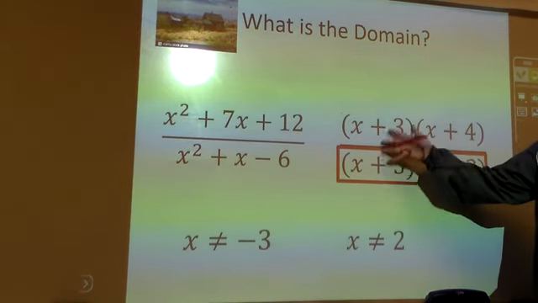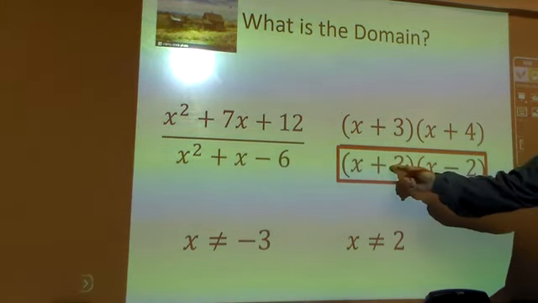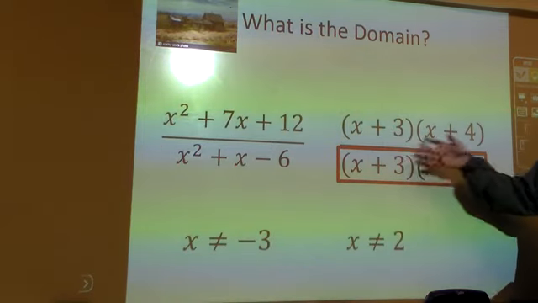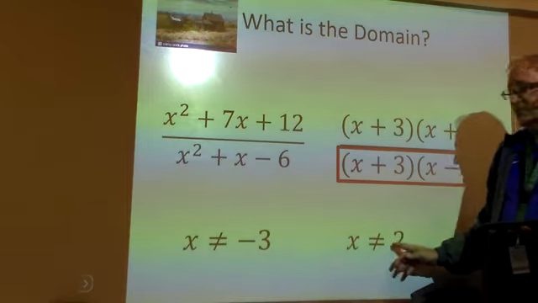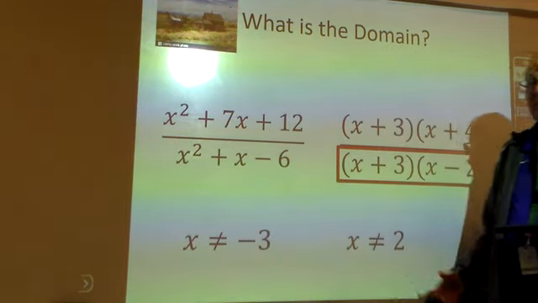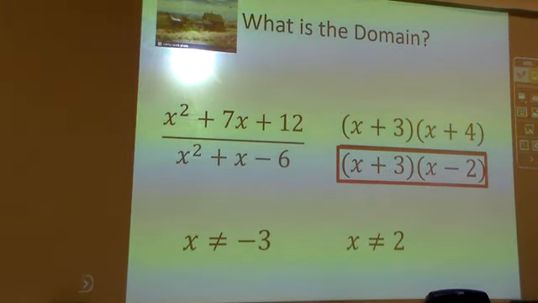The hole does not get kicked out of the domain, because you can't have 0 in the denominator, whether it's a hole or whether it's an asymptote, it can't be there. So the domain changes from not to not equals, and both of them are there. The domain's stronger than the hole. It used to be a bigger bouncer than the hole. Okay? Now,